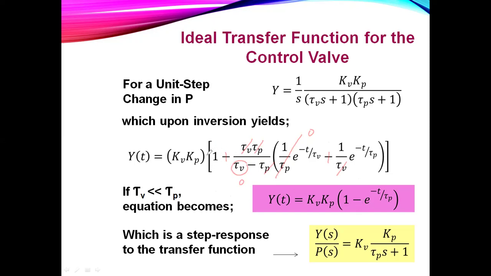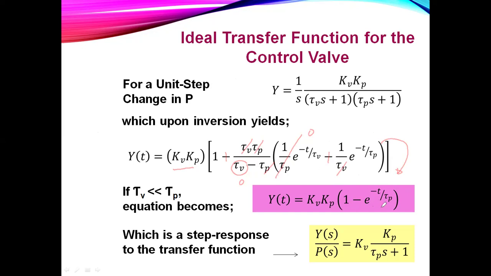That one there is untouched. We didn't touch the one there. So you have the constant k sub v, k sub p, and then the one there, and we have this as the remaining expression. E raised to negative t over tau sub p, this one, doesn't have this anymore because it got canceled here a while ago. And it's negative because this one is negative. Okay?